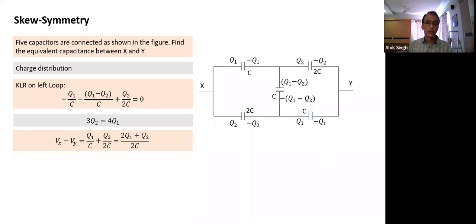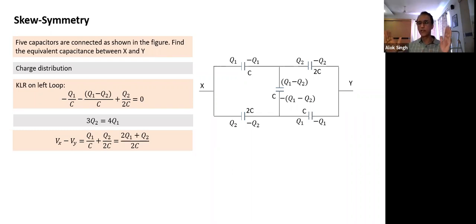So Vx minus Vy also, if you have to find the potential difference between these 2 points, first I find it between this and this, and then I find the potential difference between this and this. In both cases, the potential value will come positive. There's a drop taking place. All of you are okay with Vx minus Vy? So I found Vx minus Vy.